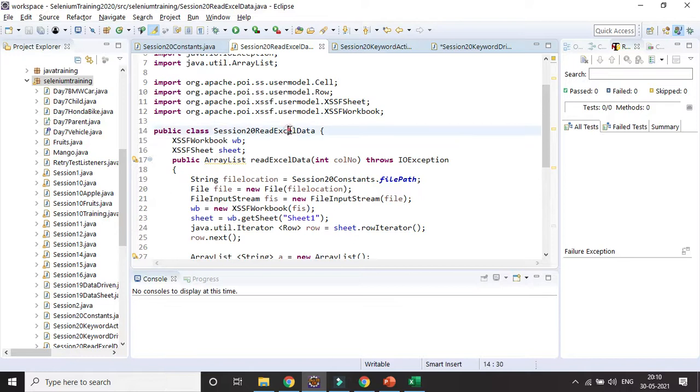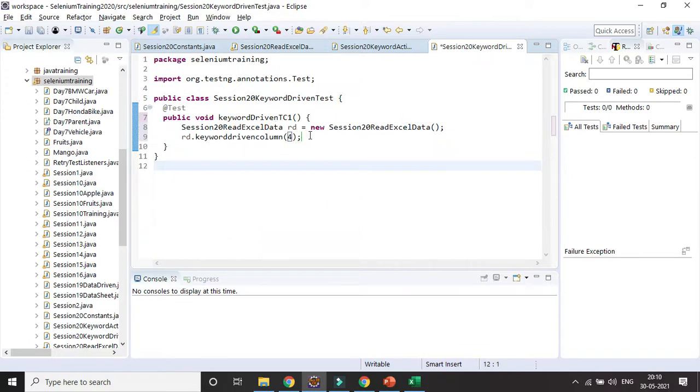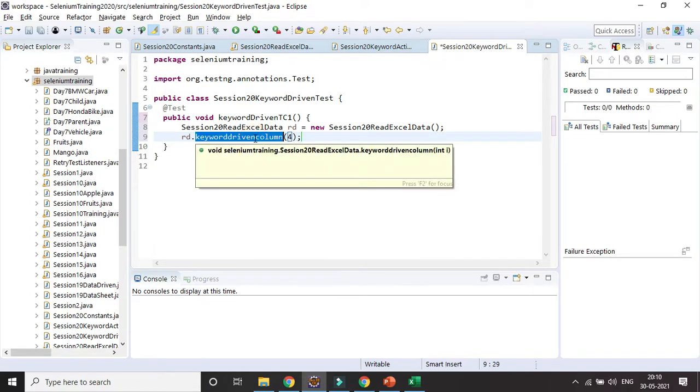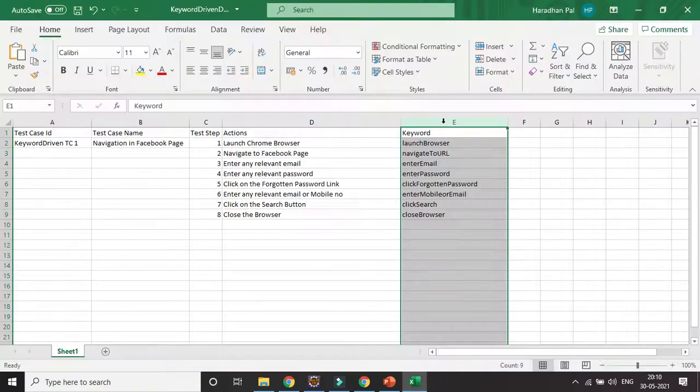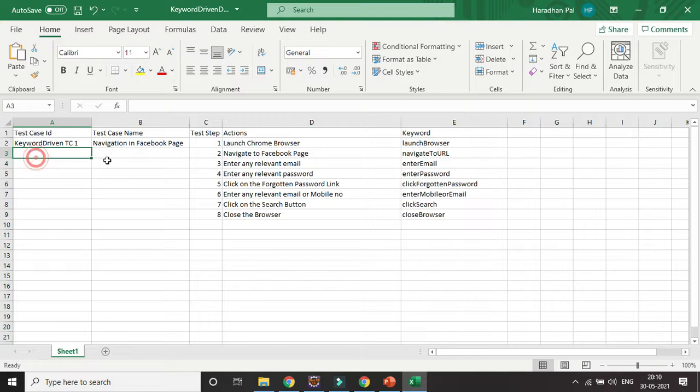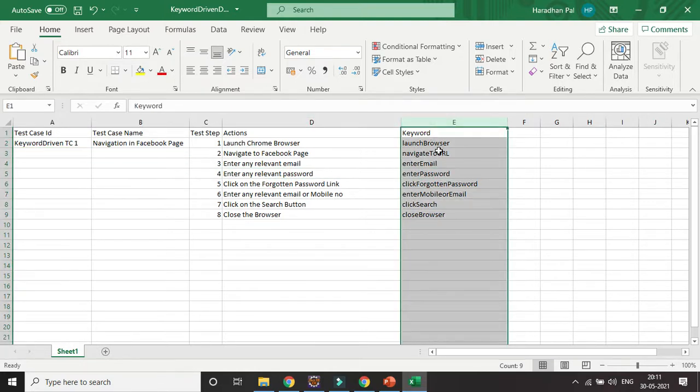In the last session, in the class where we wrote all the important methods, we created a constructor, so we used it directly. Here we did not create a constructor. That is a different approach. Maybe we can create a constructor, but I did not try that option. Because we need to give the column reference, I will verify that I am providing the column reference correctly. E column means 4: column 0, 1, 2, 3 and 4. In case you have more columns, you can change it accordingly so that it reads the column correctly.